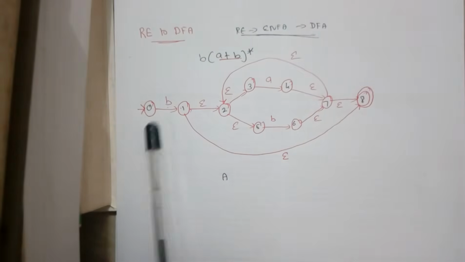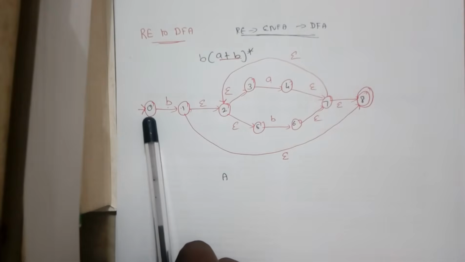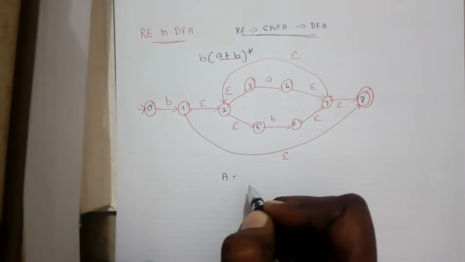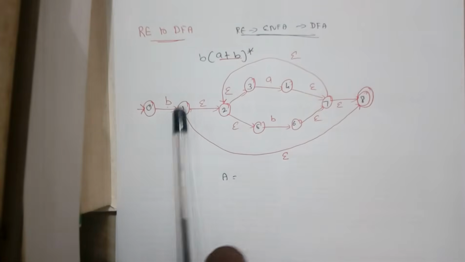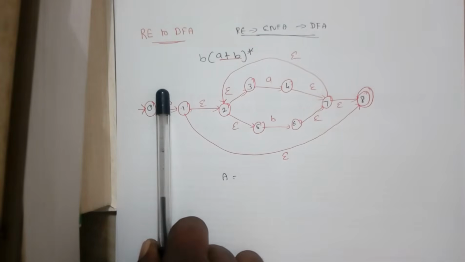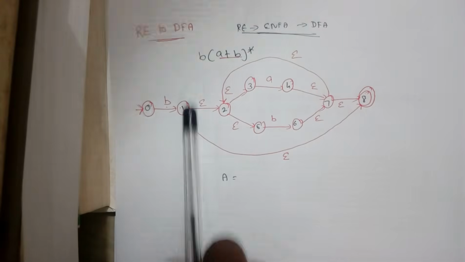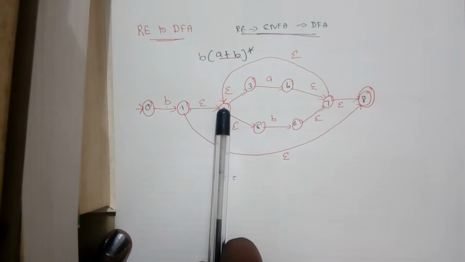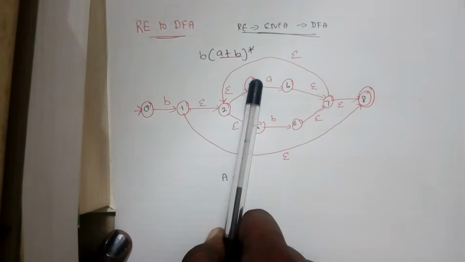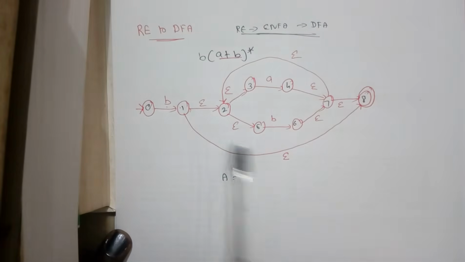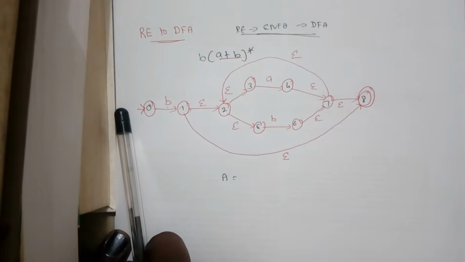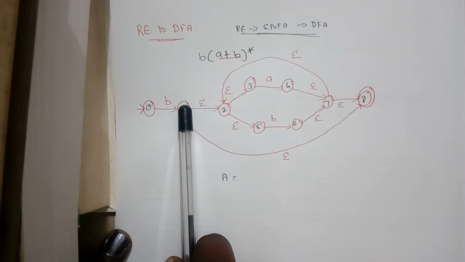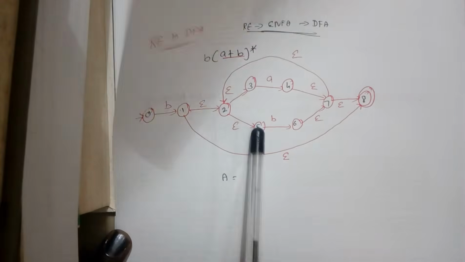The starting state of this given epsilon NFA is 0. So we cannot directly start this as equal to 0. The reason is, consider a case where you don't have the b over here, when it is just (a+b)*. Then the starting state of the transition will be 1. In state 1, without any input we can move to state 2, and from state 2 without any input we can move to state 3 or 5, and again from 1 we can move to 8 directly. So we have so many possibilities of transition from a single state. Even without taking any input, we can reach all the states together.